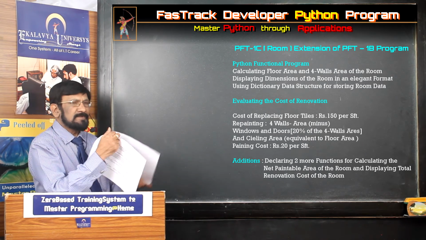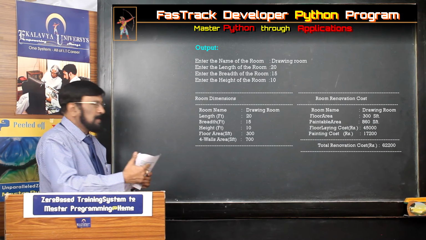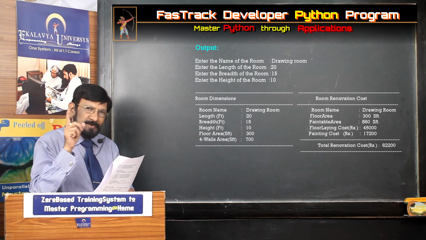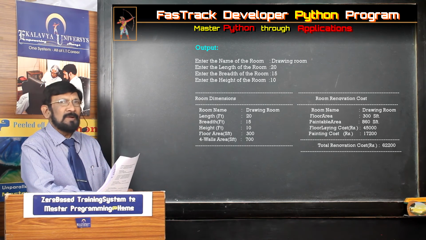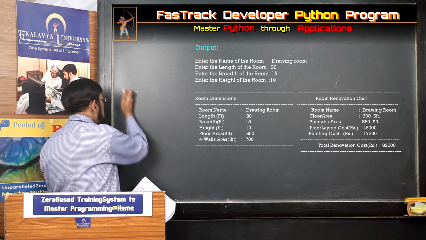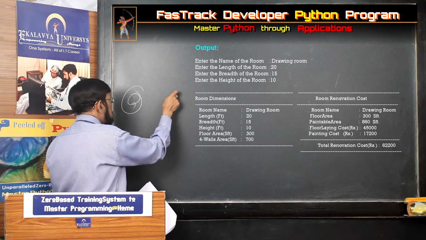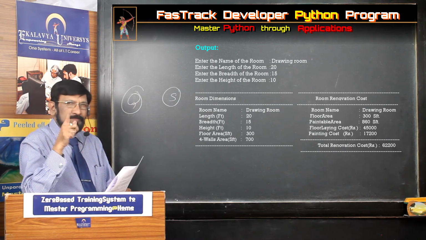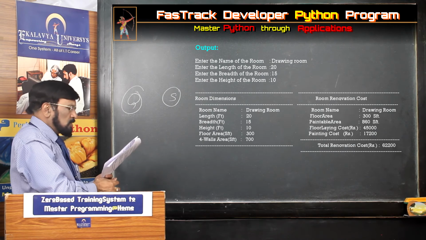Thereafter, let us see the output also. Because as I told you already, you understood the problem, understood the question. Now, what is the probable answer also? You should know. Already I showed it to you. This is the question. Already understood. This is the solution. What answer? So, what I am expecting from the program, I am demonstrating here.